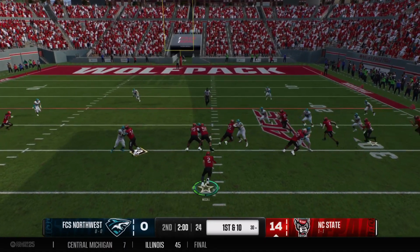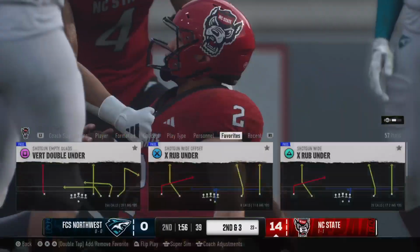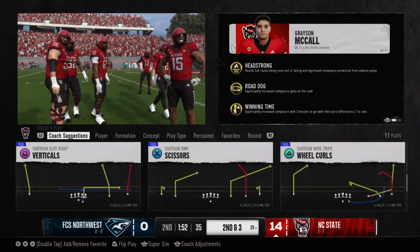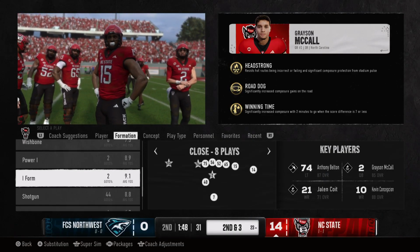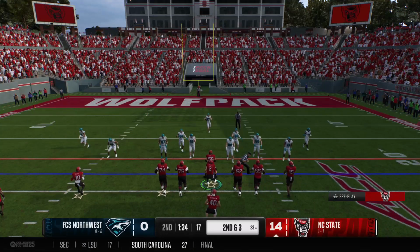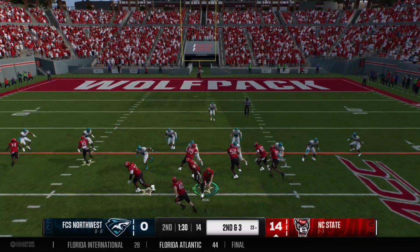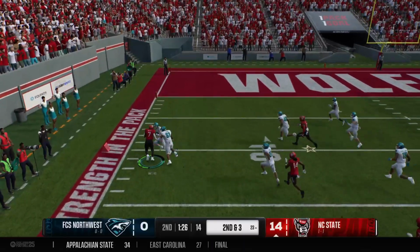Here we go. A designed run for the quarterback. And that's a very productive first down play, bringing up 2nd and 3. If I'm building an offense in today's football, it's not around a quarterback that can't run. I'm going to find an athlete that I can give the ball because defensively, it starts to limit your coverages. It starts to limit what I can do. It makes me play the quarterback every single play. Just makes your job as a defensive coordinator extremely